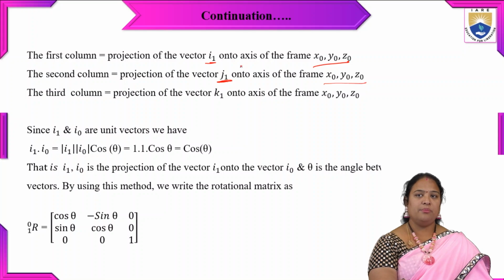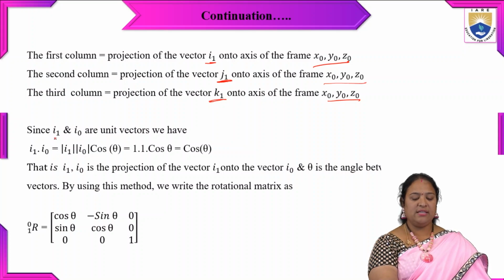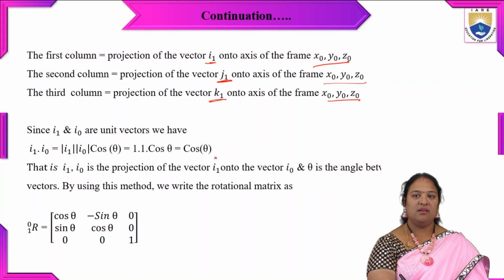And the third column represents the projection of the vector K1 in terms of x0, y0 and z0. Clear? Now, since I0 and I1 are unit vectors,